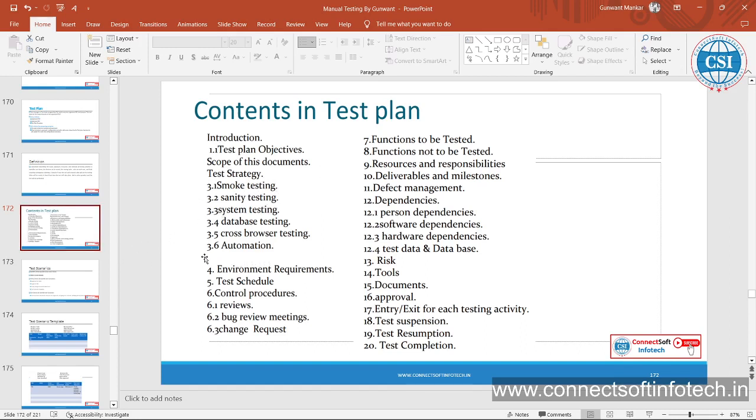testing, cross browser testing, automation tool, whatever, environment requirement, test schedule, control procedure reviews, bug review meeting, change request, function to be tested, function not to be tested, resources and responsibility, deliverables and milestones, defect management, dependencies, person dependency, software dependency, hardware dependency, test data and database, okay, risk, tools, documentation, what will be documented, approval, entry and exit criteria